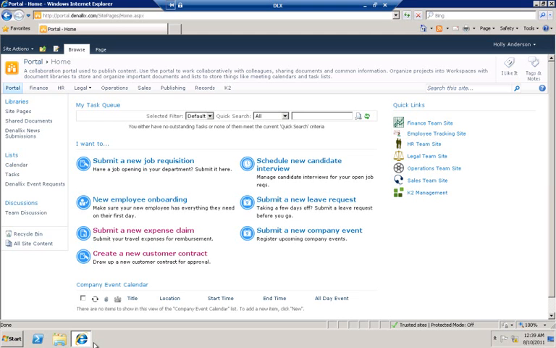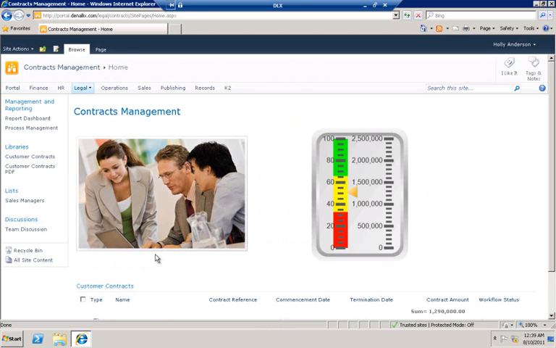So if we open up Holly's desktop, Holly's essentially logged on to her company portal, which is in SharePoint, and Holly has this landing page where she can kick off multiple business processes, one of them being a new customer contract. So we'll click on new customer contract, and this will take Holly to the contracts management site. And what you can immediately see is some reporting, for example, the total amount of all contracts currently